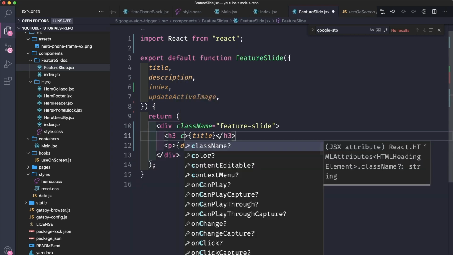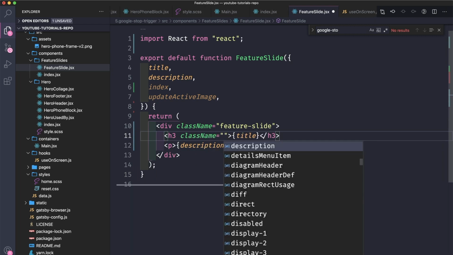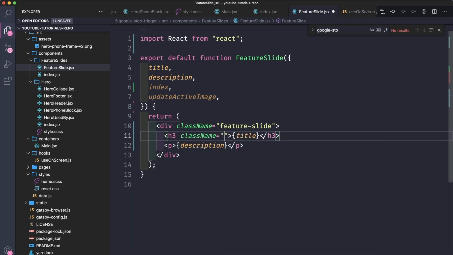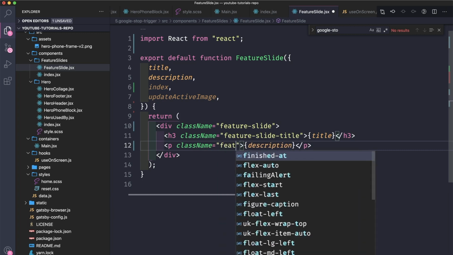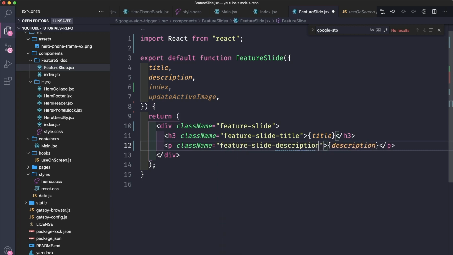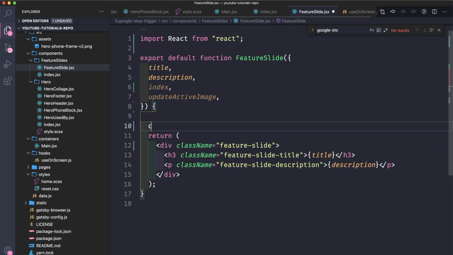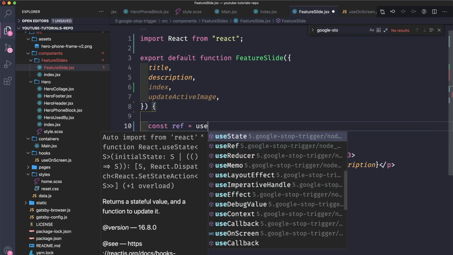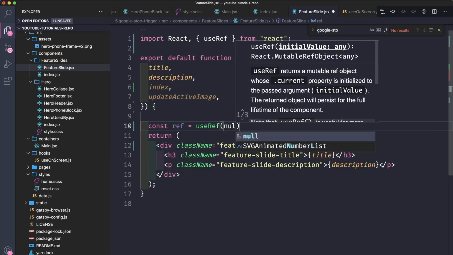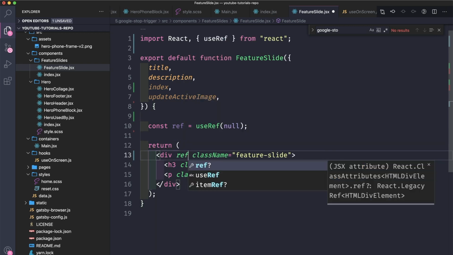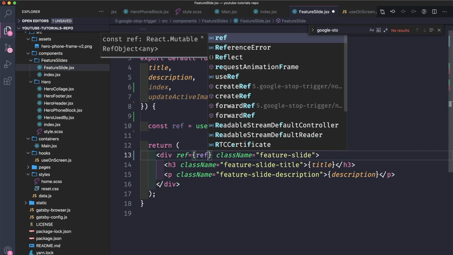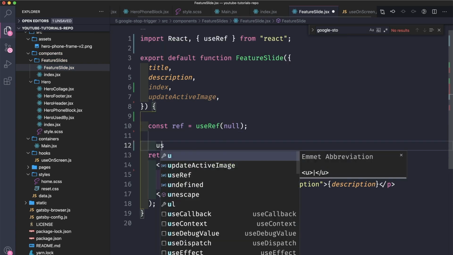Let's save, and we'll need to add some class names to the elements. So feature slide title, and class name feature slide description. We kind of make use of the BEM methodology. We'll need to create a reference, so we'll use ref import, pass it by default to null. We pass it to the root of the component, the reference, and in a use effect,